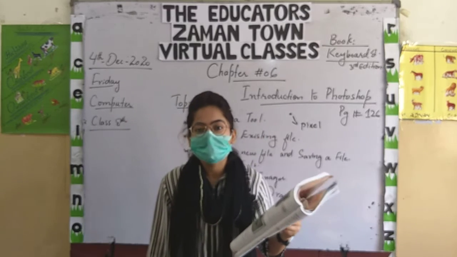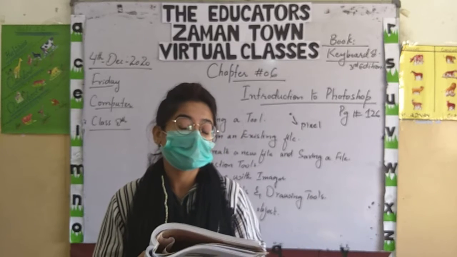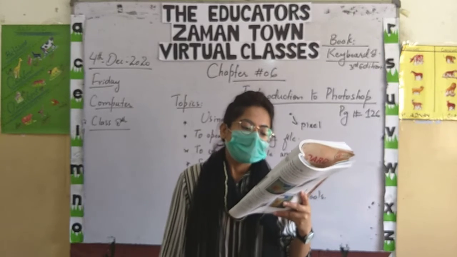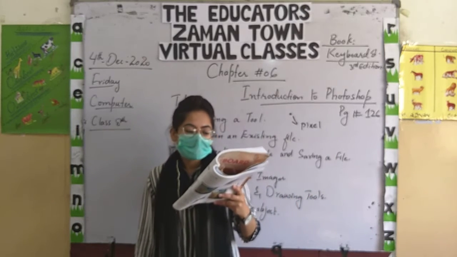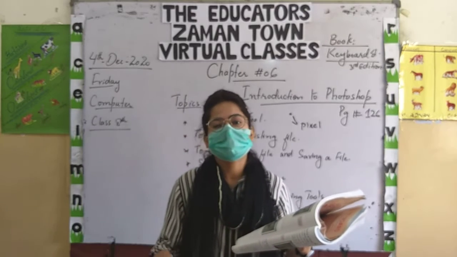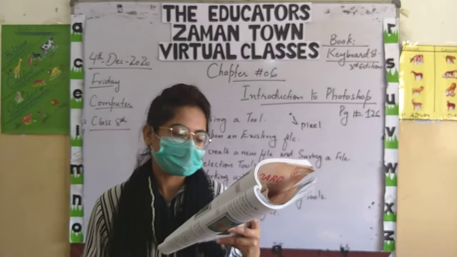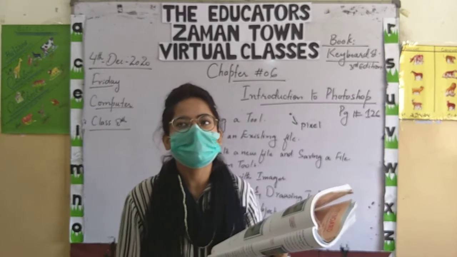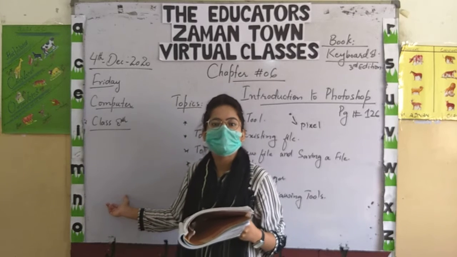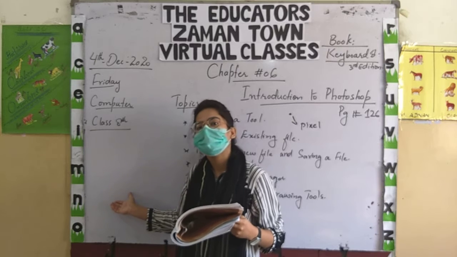Anti-alias defines smooth edges, which means it smooths the edges and corners of your image. Contiguous means selecting only areas having the same color. If any other area does not have the same color, it selects only the part of the same color in the selected image. Sample all layers. For example, if we are working in Photoshop and we have 10 layers, and I have the same image on another layer with the same color as well.